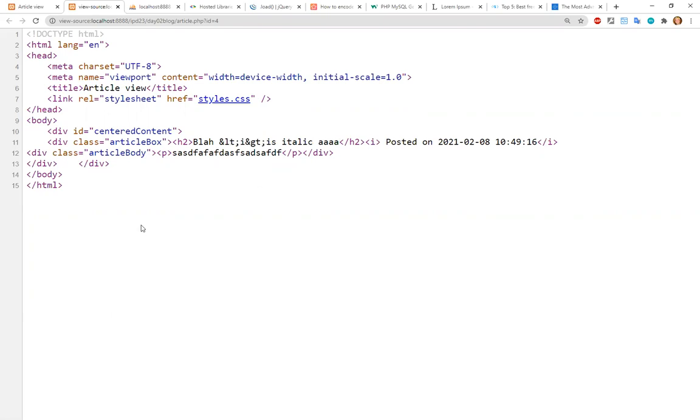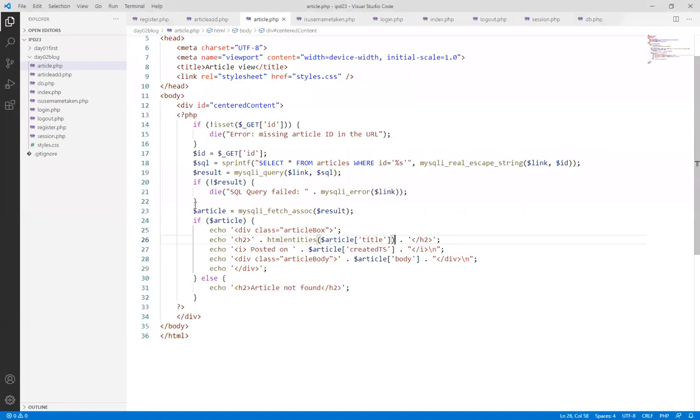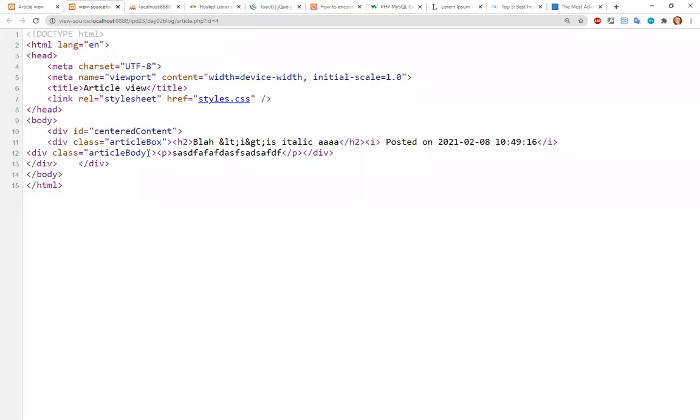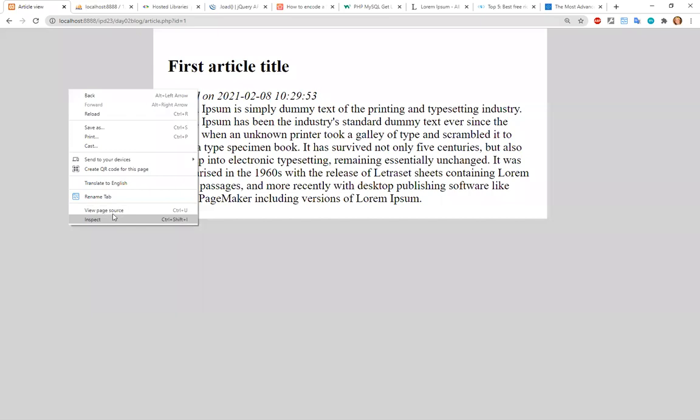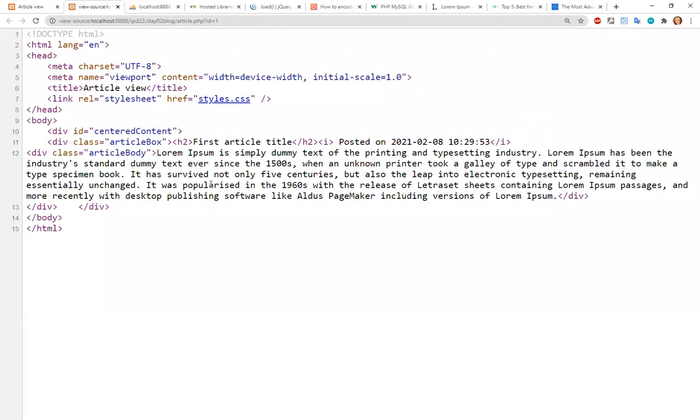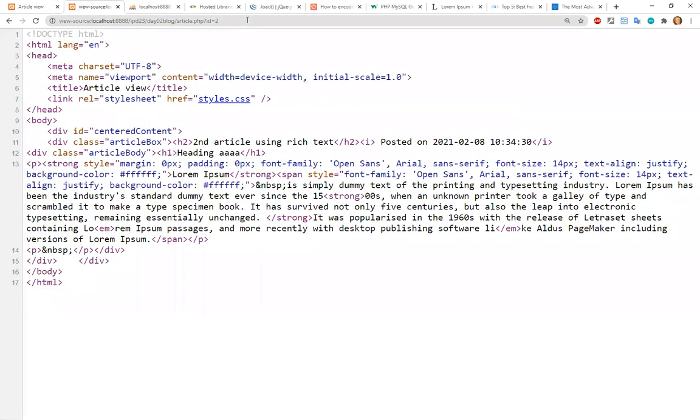Okay, that's just one issue. There's a few more. Second, we are using an editor for the article body. So you could say, hold on, Gregory, wouldn't we have the same issue with the article body? Yeah, we would. See, my article body, for example, let's just check the page source. Maybe it was the second one, I forget. Oh, there you go, look at this. It's not problematic. I got strong, I got style, right? I got, again, another span,